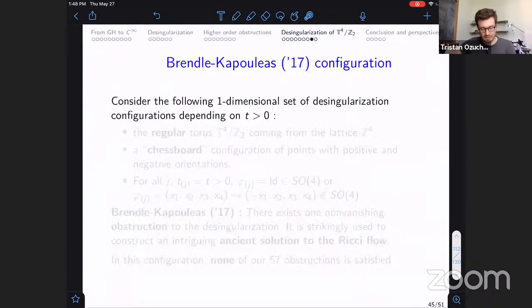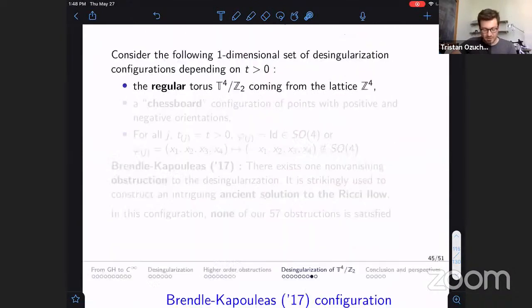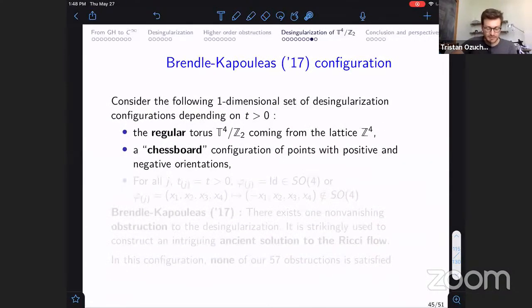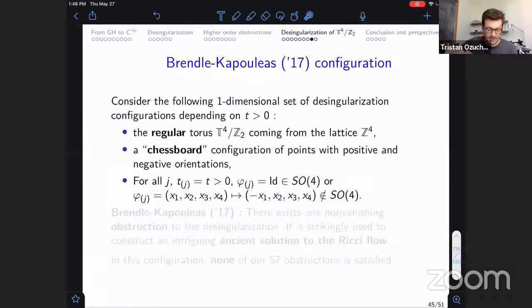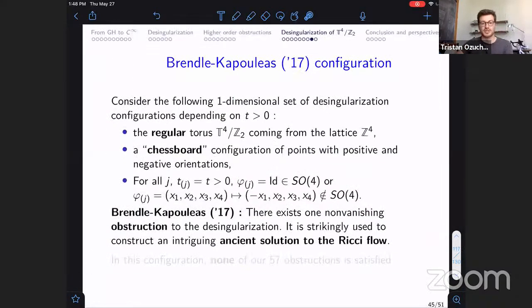So let me go back to what Capoulias talked about this morning, and let me go back to their construction. They use the regular torus and they consider a particular configuration of plus and minus oriented Eguchi-Hanson metrics following a chessboard pattern. And there is only one parameter, which is the size of the orbifolds, and the rest of the gluing directions are fixed. So what they showed is that there is one non-vanishing obstruction,